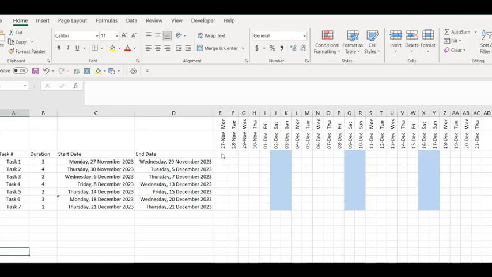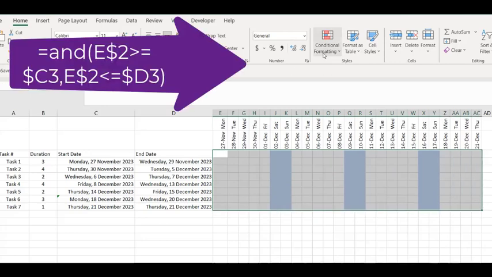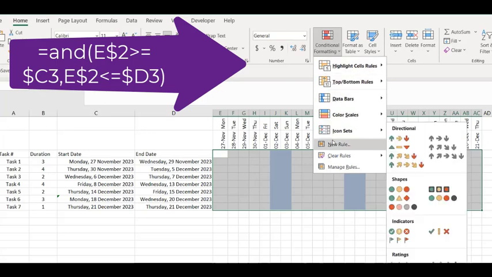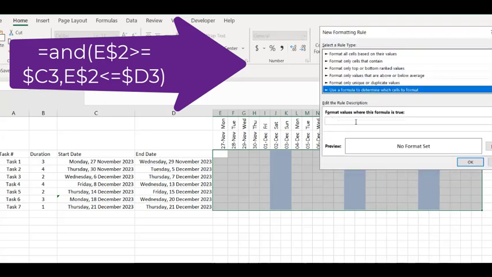So we are going to block the whole area again, right across until the end, and we are going to go into conditional formatting and new rule, and we're going to put in a formula, and what we are going to be trying to do is to see if 2 things apply. So we're going to put in AND plus